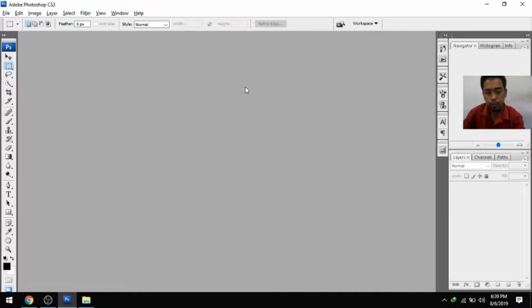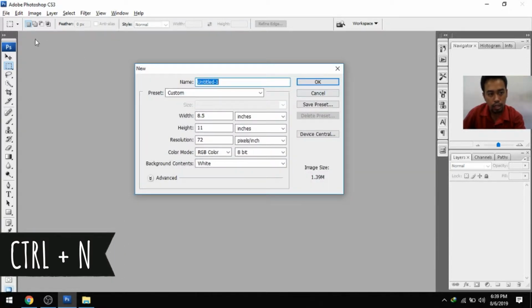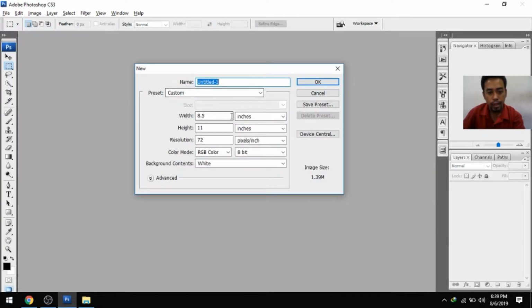Okay, so in creating a new file, just press Control N, or you can just click File, New, and I am creating a short paper size with a width of 8.5, height of 11, and the resolution will be 72. And if you want to make your image more high definition, just make it 300, but for now I will stick to 72 resolution. And okay,